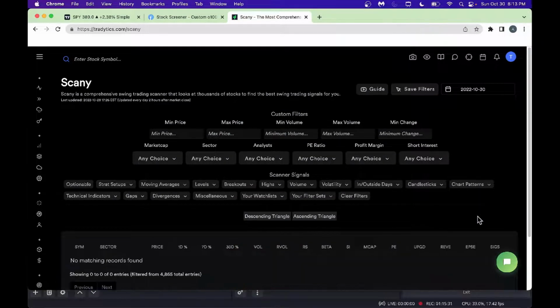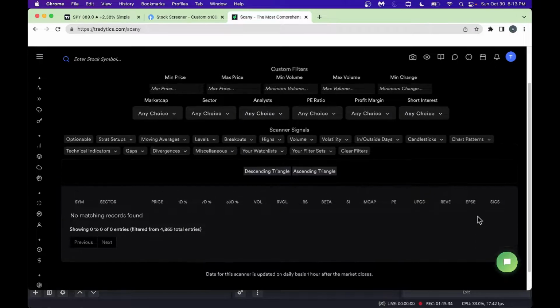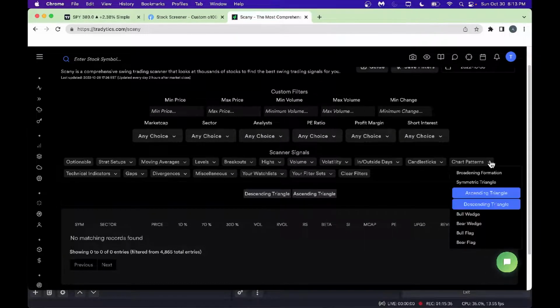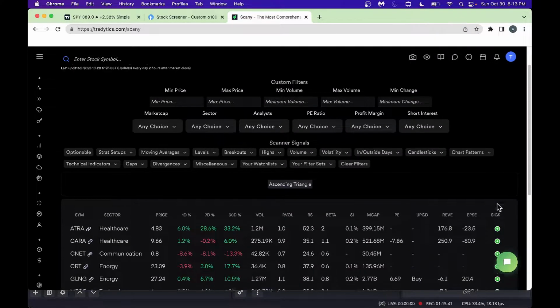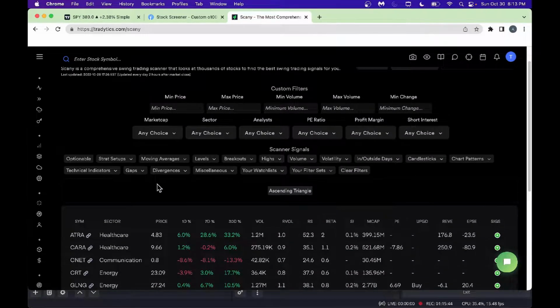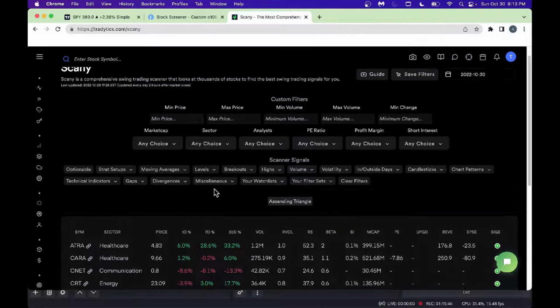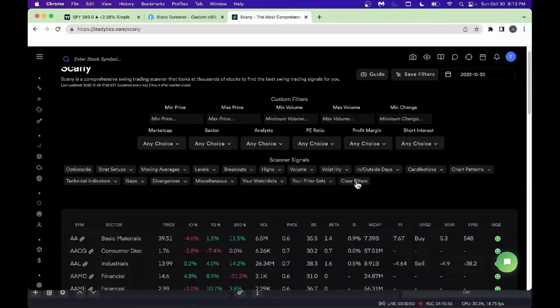You'll get some bullish names here. All right, so looks like there's no ascending triangle. Oh, we got both here. Let's just take this out. There you go. And you could look at various other things here. You could look at the moving average, technical indicators, market cap, breakouts, and there's a lot of good filters here. You could play along with these. If you want to look at high volatility, low volatility, you could look at those also here.